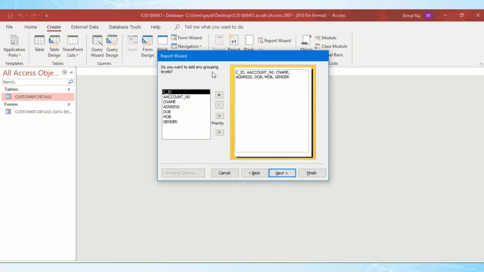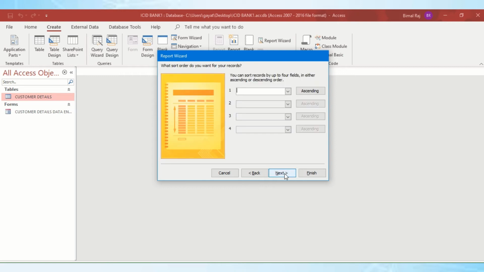The next screen asks, do you want any grouping, or if I want to group it by a particular field. For example, I want all Thane together, or group it by male, female, that is all the males first and then the females, or by address, that is all Thane, then Mulund, then Kalwa, like that. I can group it in a particular way, but I don't want that to be done right now. I'm simply creating a simple report. Now here, click on the Next.